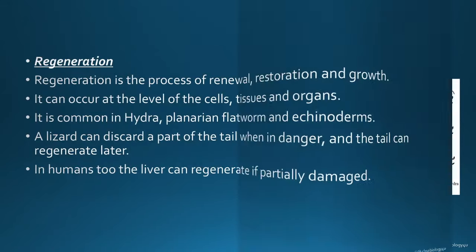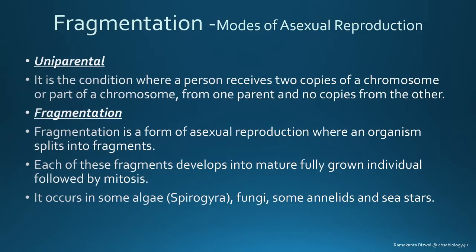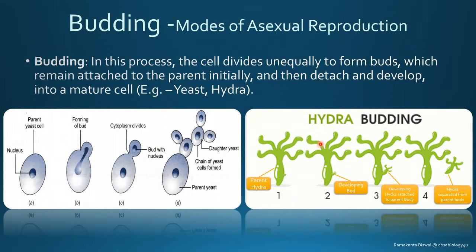Budding, on the other hand, is completely different. In budding, what happens? You have the parental organism. In the parental organism, a daughter cell or daughter organism will start developing, right? And this organism develops until it is fully developed, fully mature. And once it is fully developed, only then it is going to separate itself from the parent plant, parent organism. In case of fragmentation, it is completely different. They are broken from the beginning, and each of the fragmented parts grows into the entire organism.